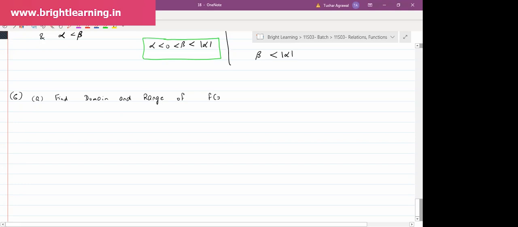Find domain and range of f of x is equal to